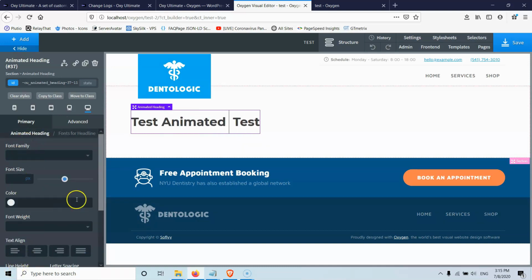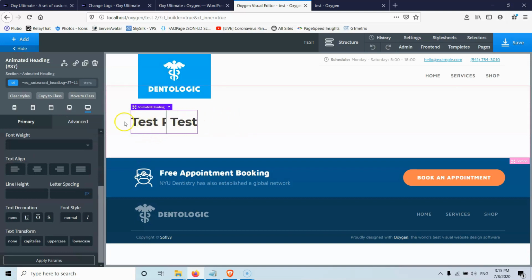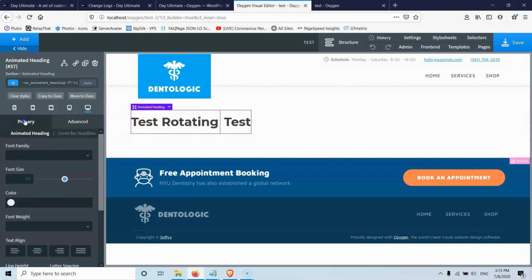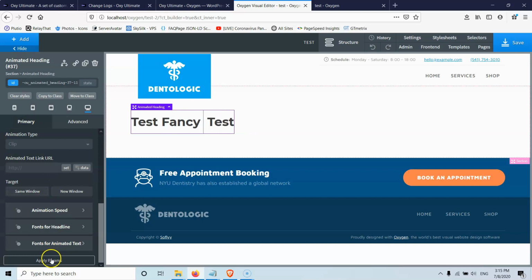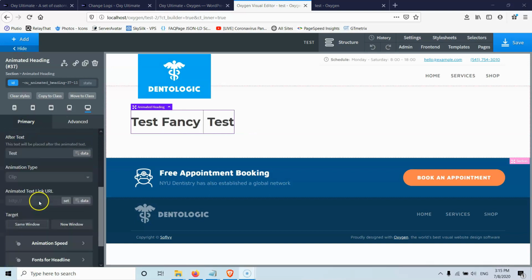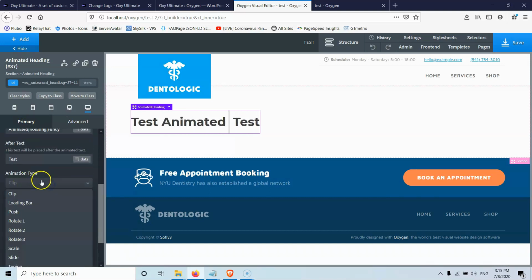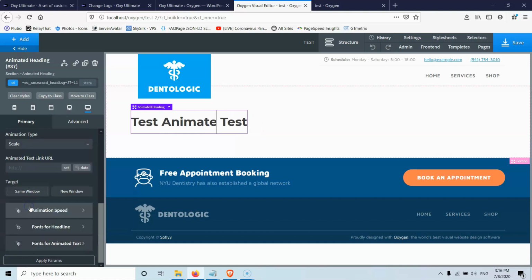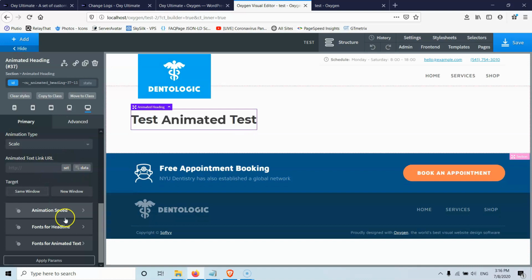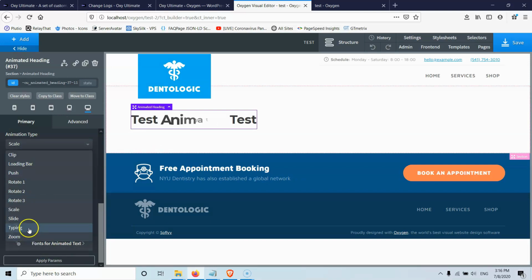And of course, I would like to be able to change the before and after fonts separately. And also we can change here the animation type, so we can have a scale, we can have a slide, we can have a rotate. And if something is not showing, you can just hit apply parameters to see the changes. Okay, this is how it looks. Let's go for typing.